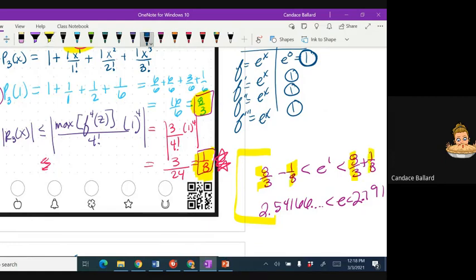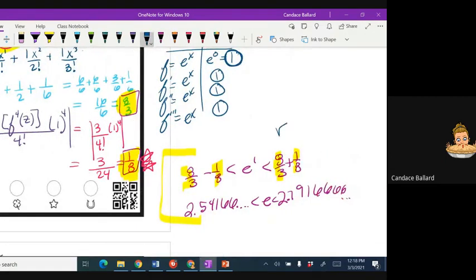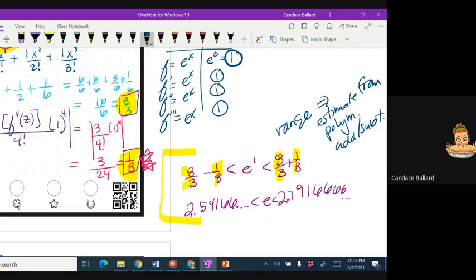So let me write it down. The range equals the estimate from our polynomial, which is really an estimate, and then add and subtract the